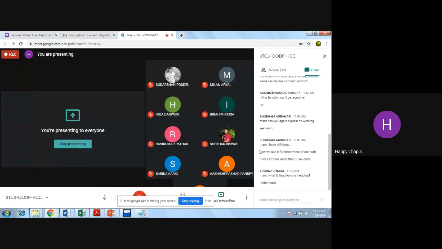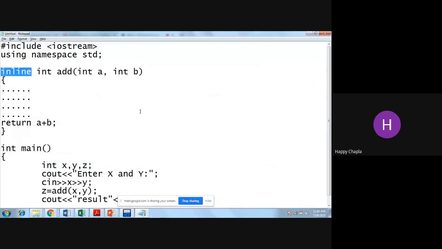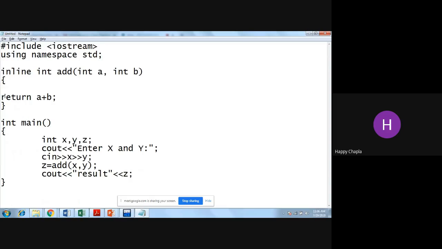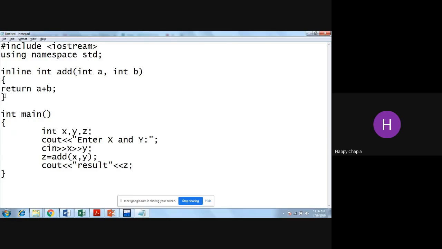Now, how do we use it for the betterment of our code? I explained that if I have only one line in my function, such as return a plus b, then instead of doing it the traditional way, I will write inline. I am requesting my compiler that if it can, it should save time here, because my function contains only one line.